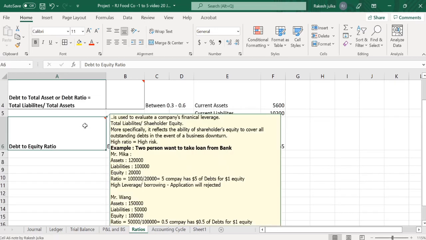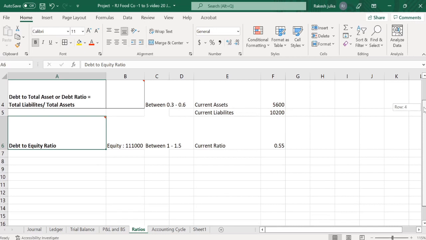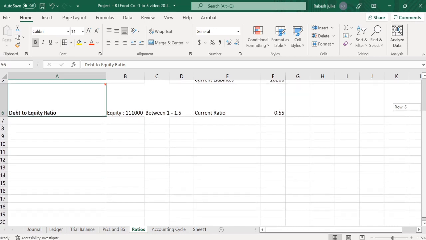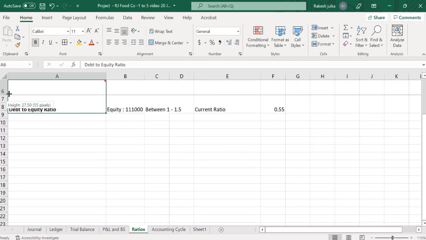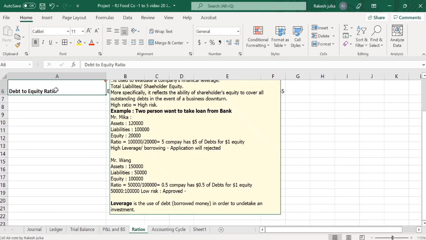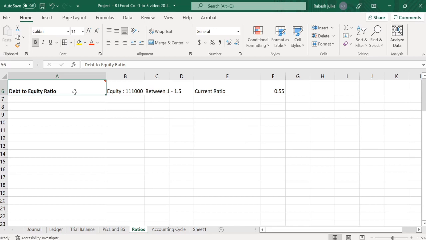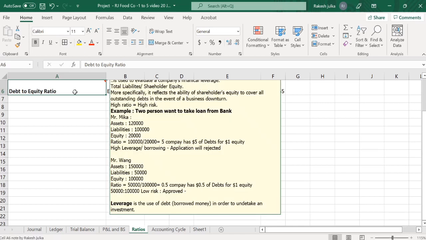Next, when I look at Mr. Wong's financial position, I see that Mr. Wong's assets are $150,000, liabilities are $50,000, equity is $100,000. Equity means the money invested by the owner. In the case of Mika, only $20,000 was invested by the owner, you can see. But in the case of Mr. Wong,